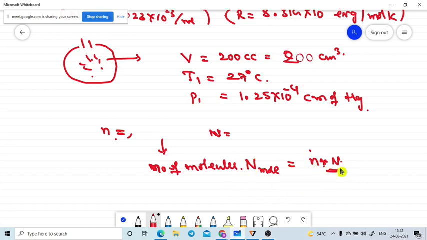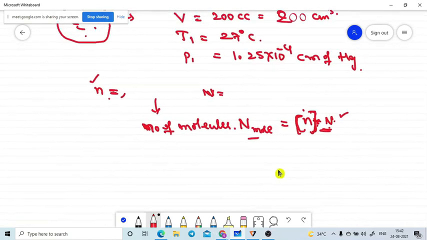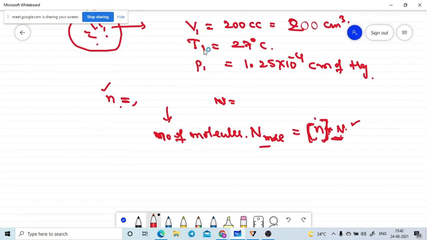Now, if you know the number of moles, you can easily multiply with n. You can get the value. Our logic is there only here. If you calculated this value, then total problem is resolved because of just multiplication of this one. But how can you find the small n value? What they are giving? V1, T1, P1 they given. How can you find that small n value?